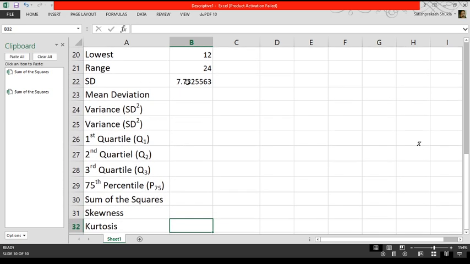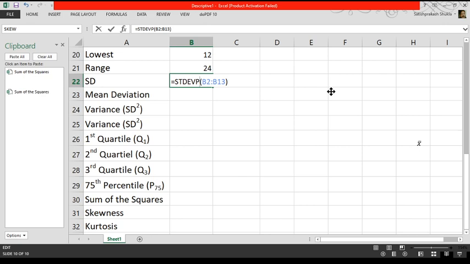Here one thing is to be remembered, that if the number of observations in the data is 30 or less, then we will use this function to find the value of ST. If the number of observations is more than 30, then in this function we have to add P after STDEV.